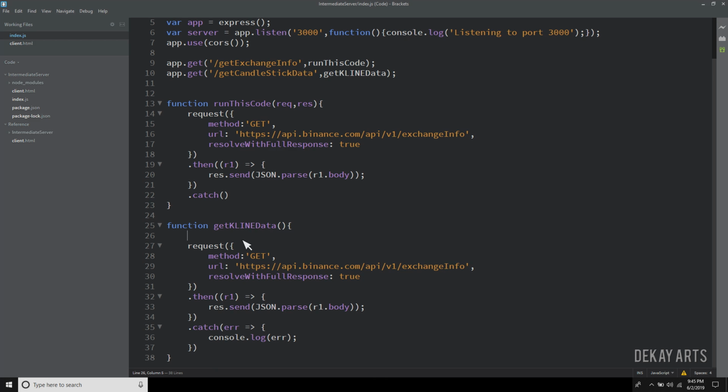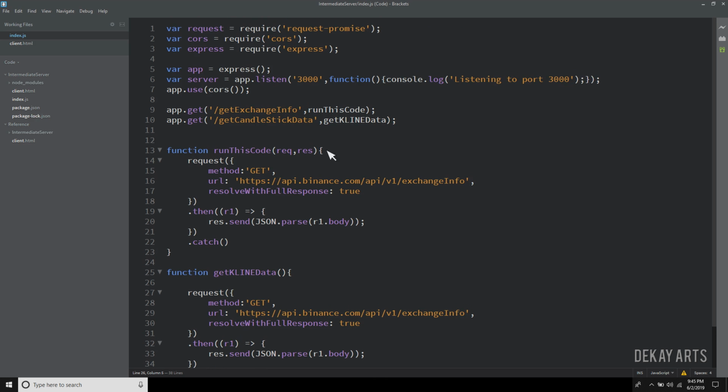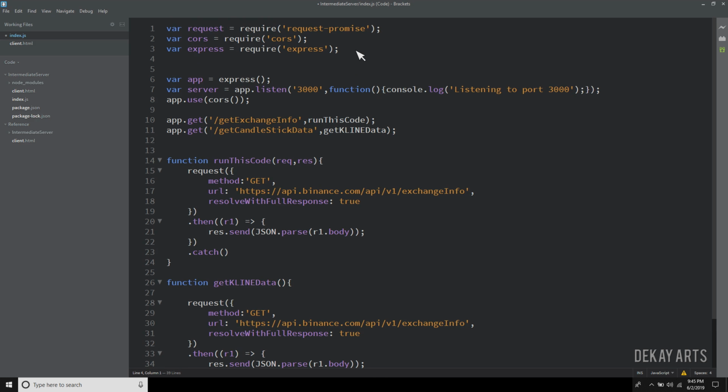Okay, so I'm going to use a global module called URL to get these parameters from the URL. Okay, so I'll first write the code and then explain so that you'll understand clearly. So let me import this module first. So var URL is equal to require URL, and this one is a global module. So I don't have to install URL to be able to access a global module.